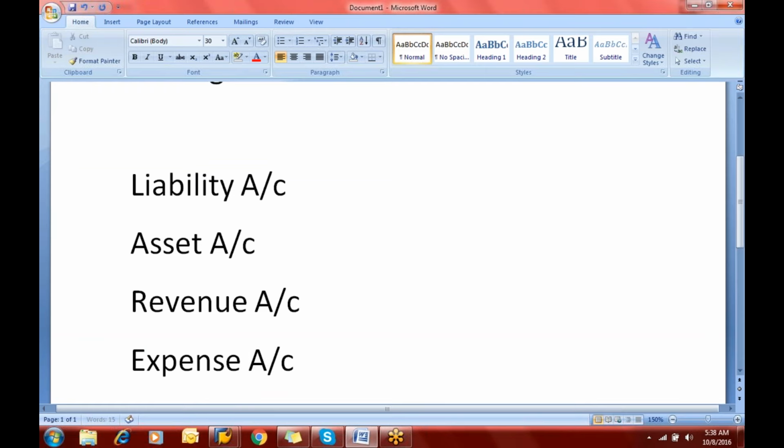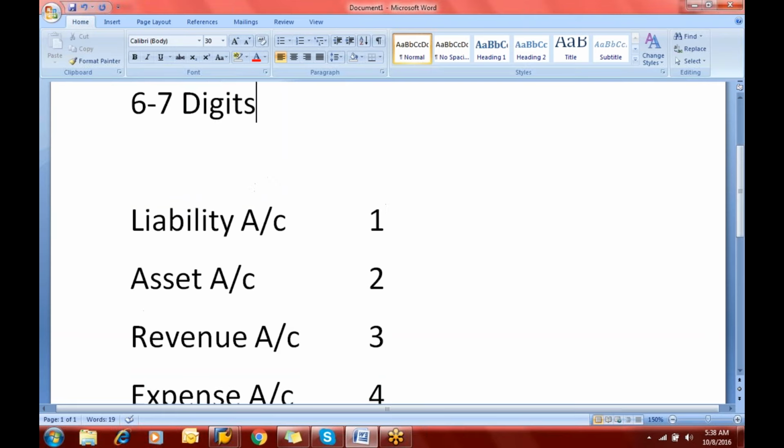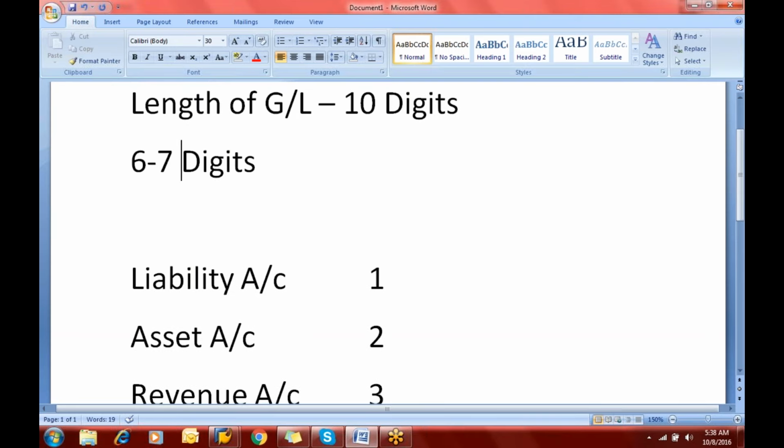Now what we do is give the first digit for liability as 1, for the asset we give the digit 2, for revenue 3, and for expense 4. Now for example, we have decided to go with a 6 digit length. We will take the length of the GL as 6 digits. So accordingly, we'll add 5 more zeros. So here we'll have 5 zeros, 1 2 3 4 5, and this will go up to